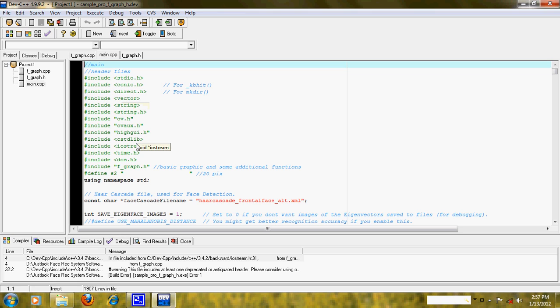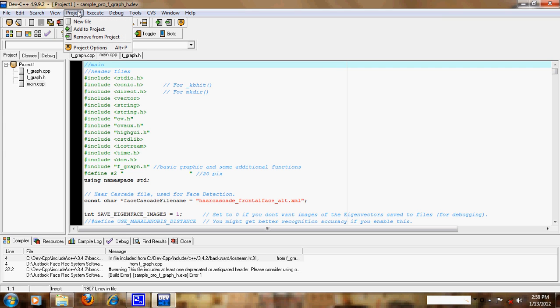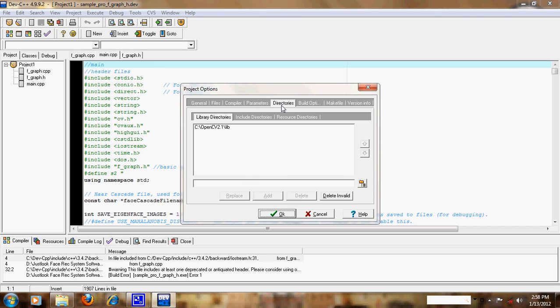No, after compiling it's giving the error. Means there are some problems because we didn't configure yet. Before, I told you that you have to configure your project with OpenCV. So for configuration we have to click on Project, then Project Options, go to Directories, and select in Library Directories OpenCV's lib